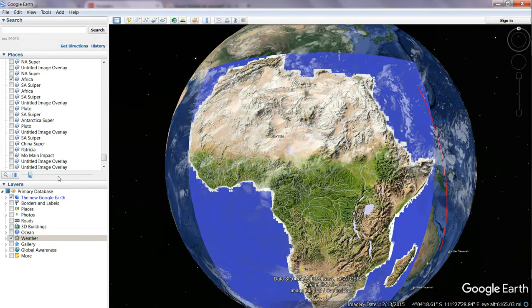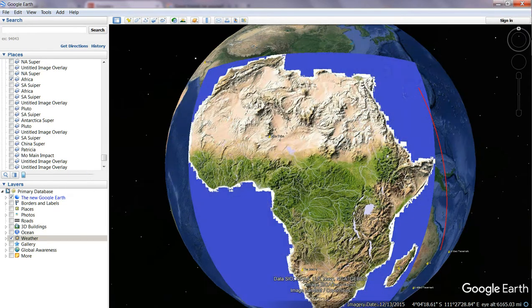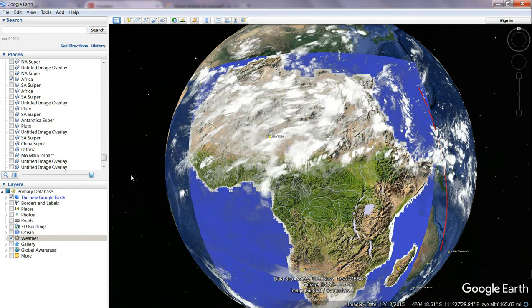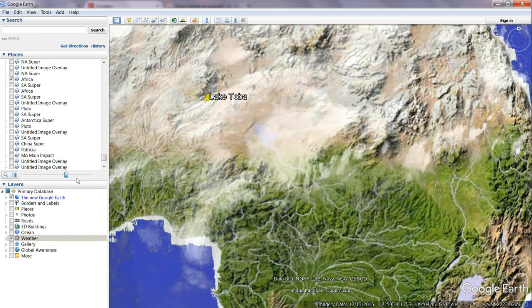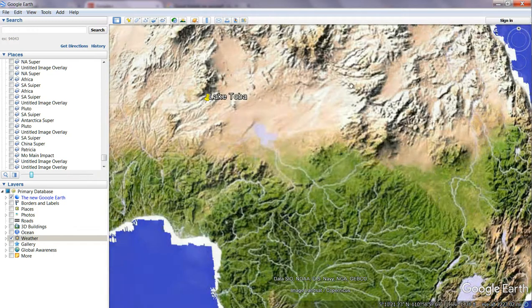This is where the monsoon weather takes place, and I want to show this because it's interesting to see what kind of weather used to be over the Sahara Desert in the past. You can actually see this point. It comes to a point in the weather here, and it has this curved area here. Well, you can see that in Africa. This weather was in Africa at one time. See that? See the point here and the curve that comes up here. This is not really shown in Google Earth